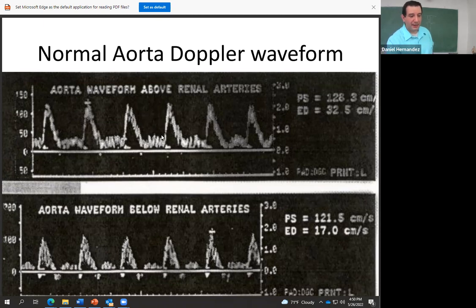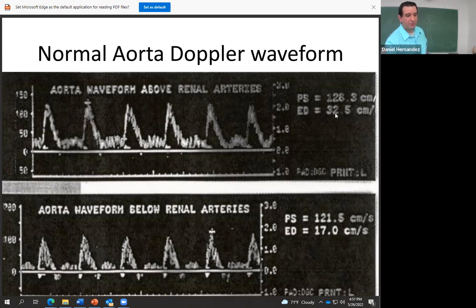So this has more diastolic flow, which is indicative of less peripheral resistance. So this is going to have a lower RI, whereas something like this has a much higher RI. You can see that this one's actually triphasic. They measured an end diastolic velocity of 17, whereas this one had an end diastolic velocity of 32. If you put those numbers into your equation, you can tell which one has a